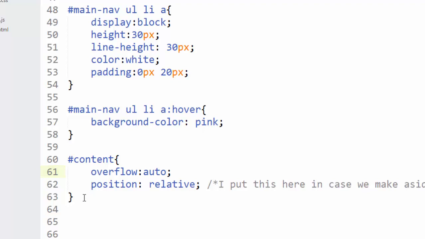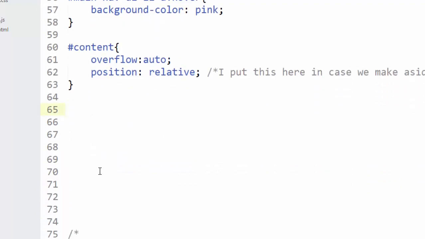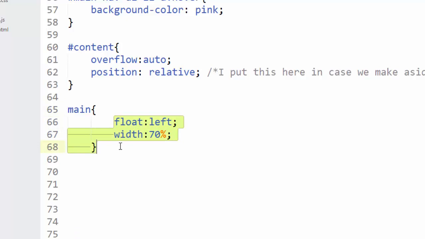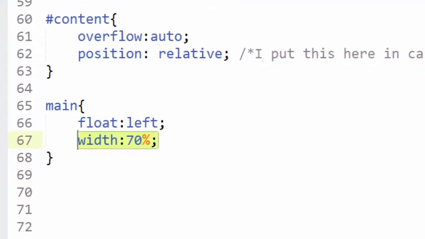So as I said, we are going to float the main tag and the aside tag. Go ahead and add this to the style rule set for the main tag. So we're going to float it. Let's float it to the left, and then we're going to set the width to 70%. Okay, so what we'll do now,